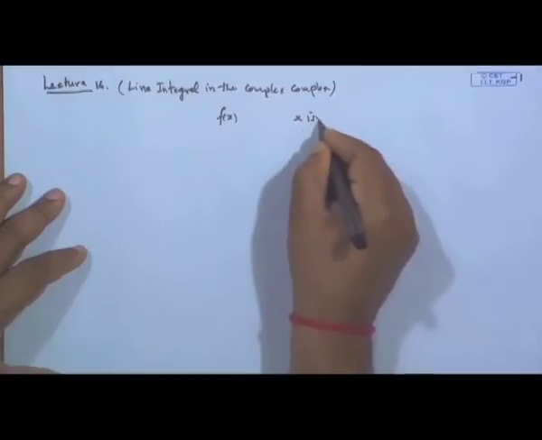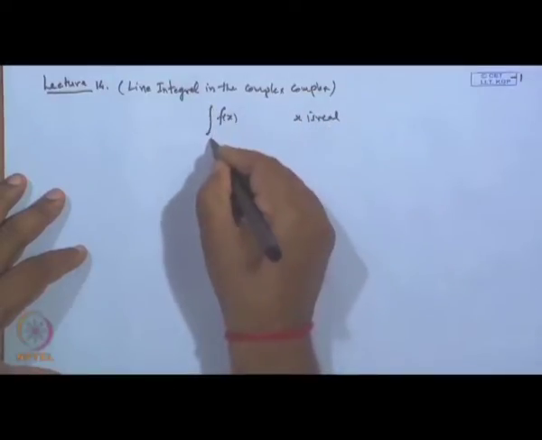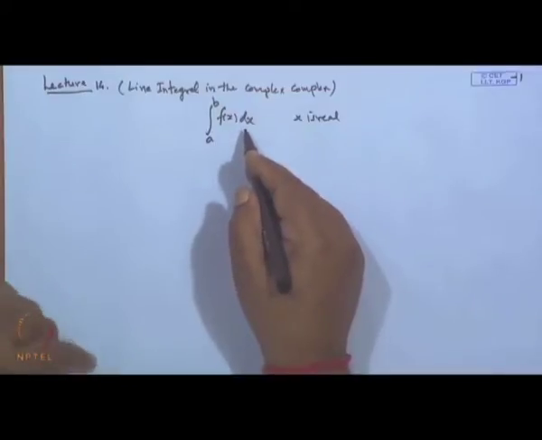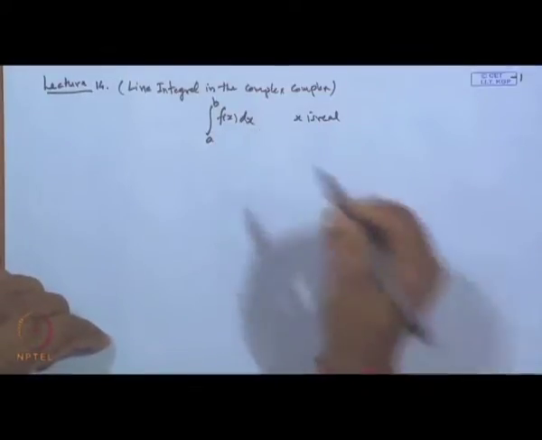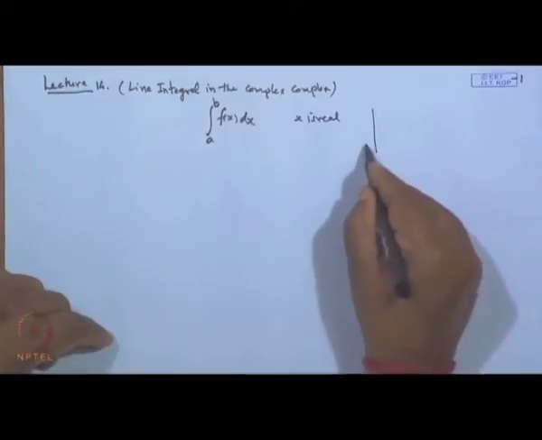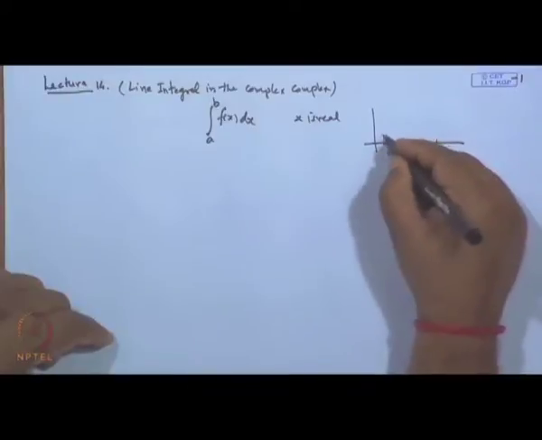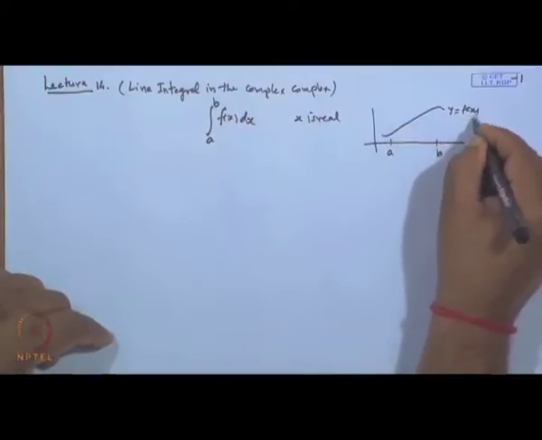So, today we will discuss the line integral in the complex plane. We know in case of a function of a real variable f(x), when x is real, the integral from a to b of f(x) dx, we call it a definite integral of the function f(x), and it represents the area bounded by the curve y equal to f(x), the two ordinates x equal to a and x equal to b, and the x axis.